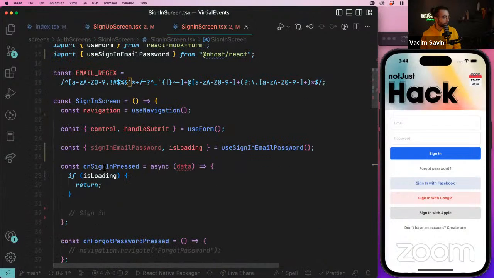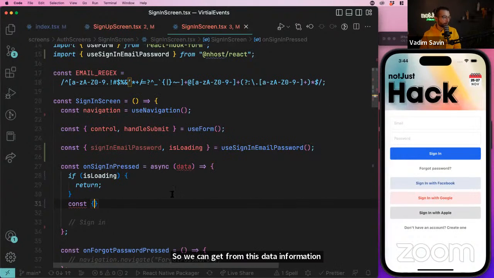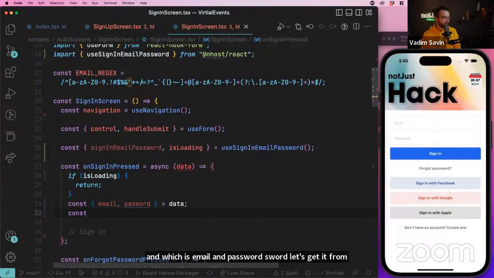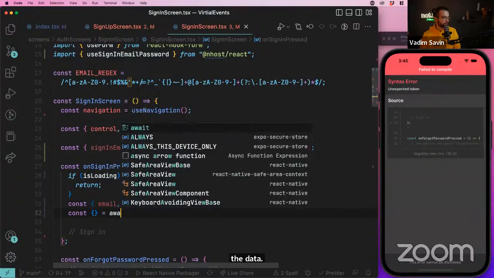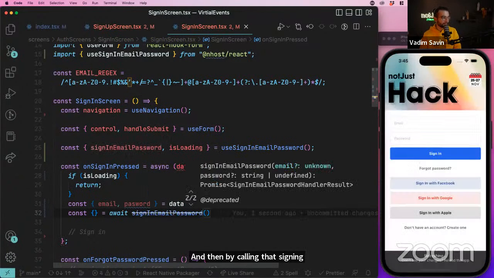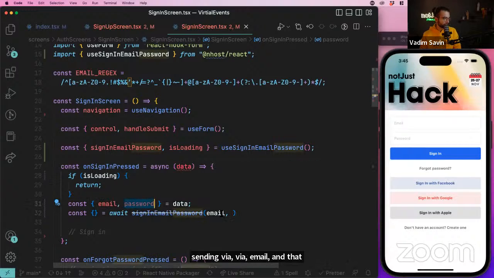Okay, so back in our on sign-in press, this is where we will get the data. So we can get from this data information from our form, which is email and password. Let's get it from the data. And then by calling the sign-in email password, and by sending there the email and the password like this,